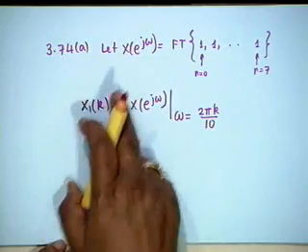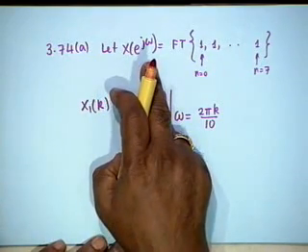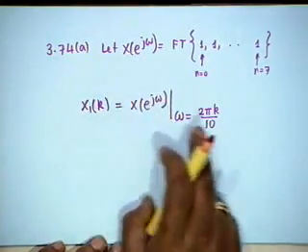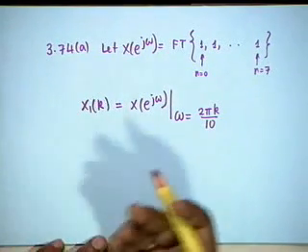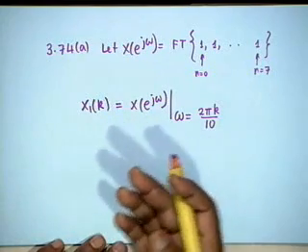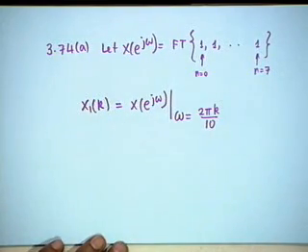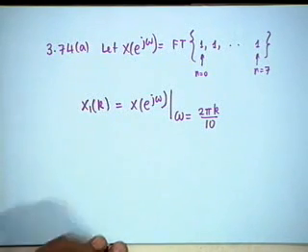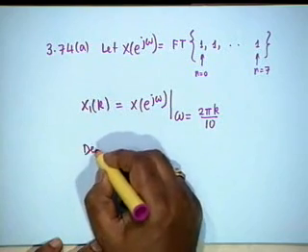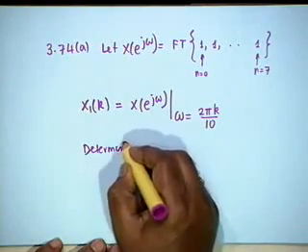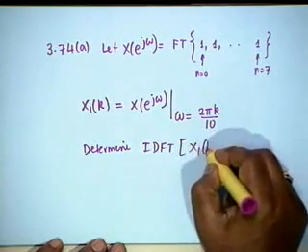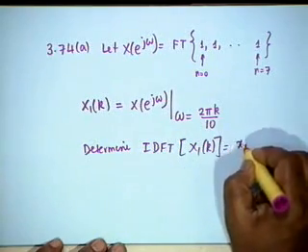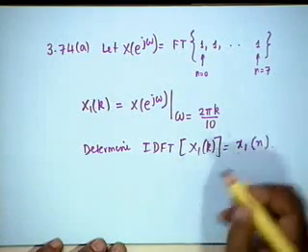x1k is obtained by sampling capital X of e to the j omega at intervals of, no, the number of points is not given. It says at intervals of pi by 5, which means the number of points is 10, because 2 pi divided by pi by 5 is 10. Starting from omega equal to 0, determine the IDFT of x1 of k, call this x1 of n,